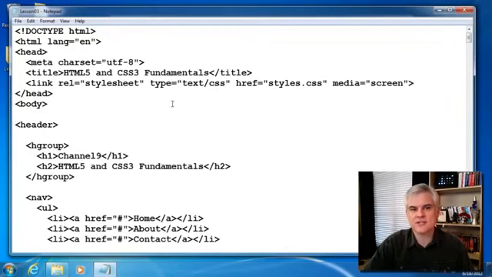Now, you might find it interesting that even these are not required in HTML5. You can still create a valid HTML5 document without these, like we saw just a moment ago. Web browsers will actually do you a favor, I guess, and insert the HTML, head, and body tags as the browser is going through and parsing your document, no matter whether you declare them or not. And just to demonstrate that, here we have